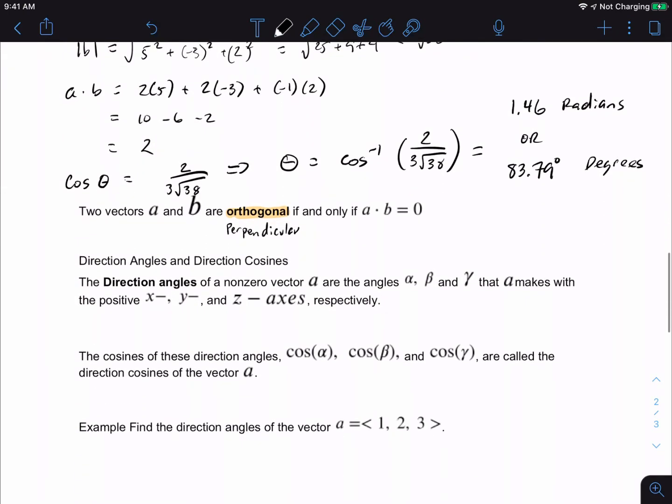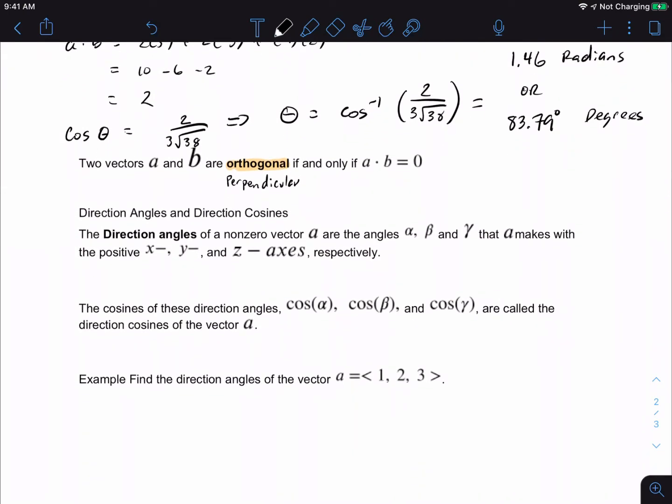All right. Now, directional angles and directional cosines are actually pretty cool. To be able to find directional angles, it's important that you get what this is. There are going to be 3 formulas that you're going to use. The first is cosine of alpha, which relates to the vector A times I over the magnitude of A times the magnitude of I. Now, one of the things I should talk about real quick, because you may not know this yet,